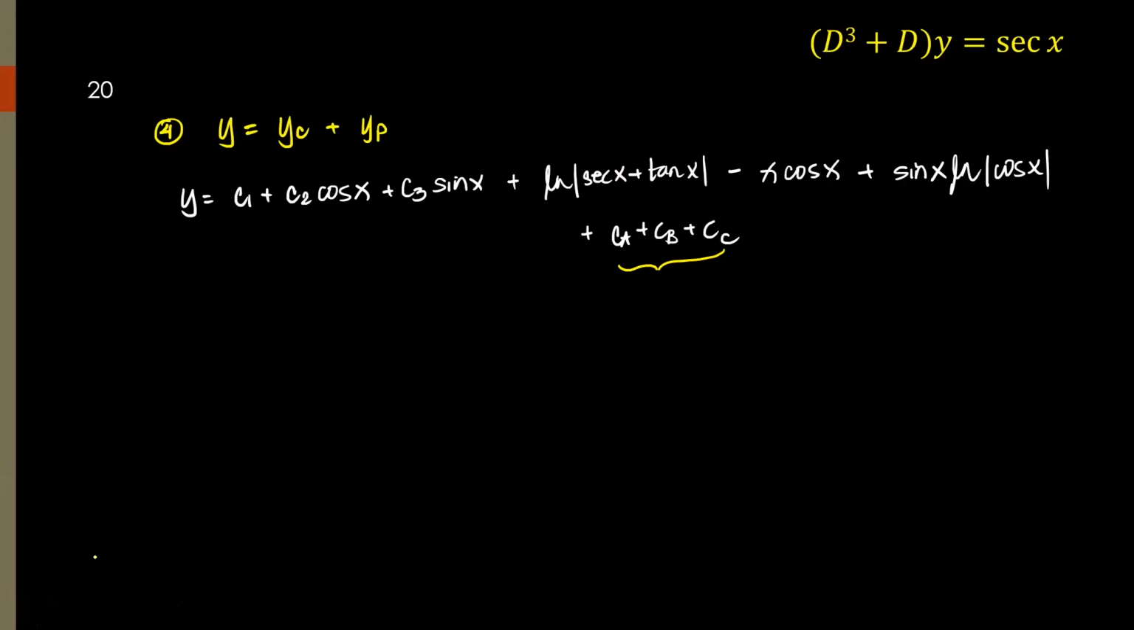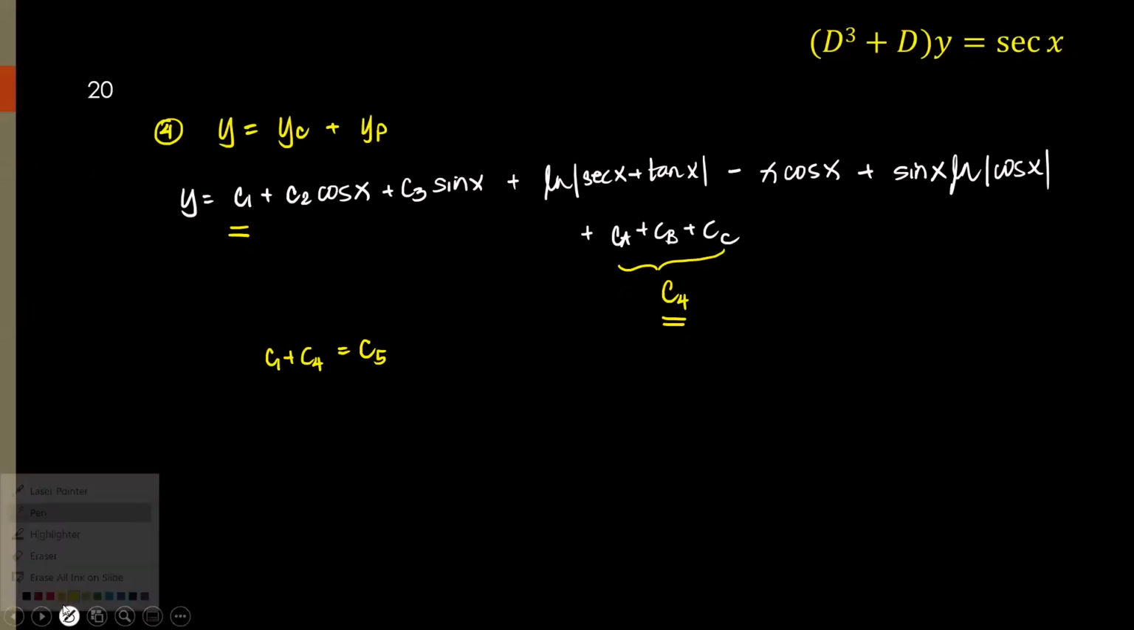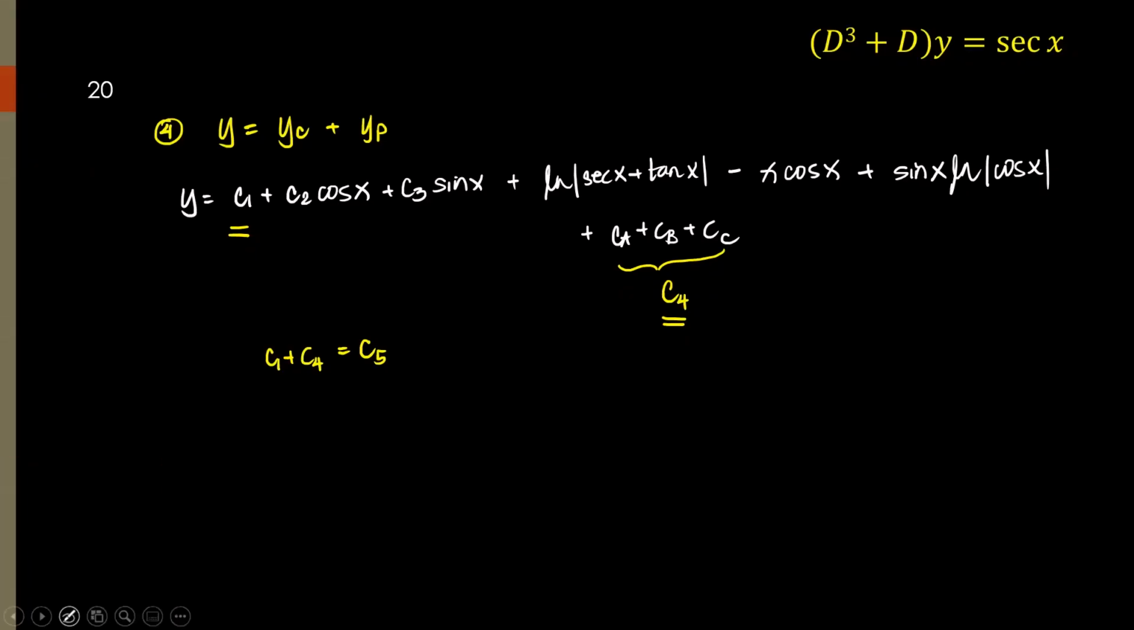These are simply another constant. So C1, C2, C3, I can call this C4. However, purely constant, I can say that C1 plus C4, let's just call that C5. Therefore, your final answer would be